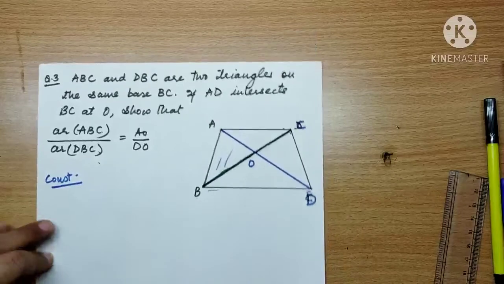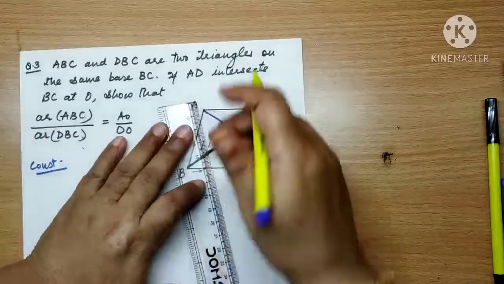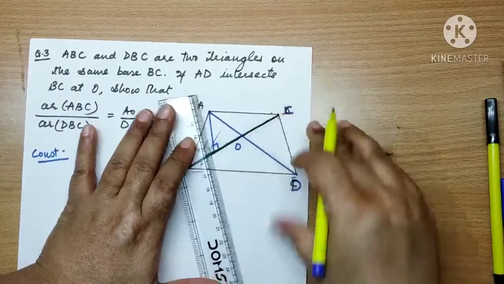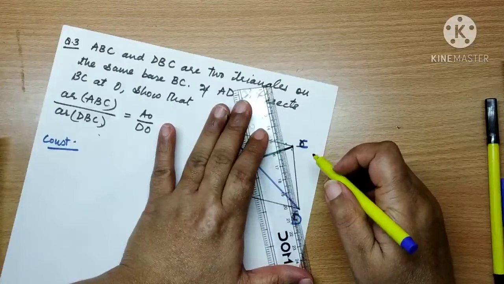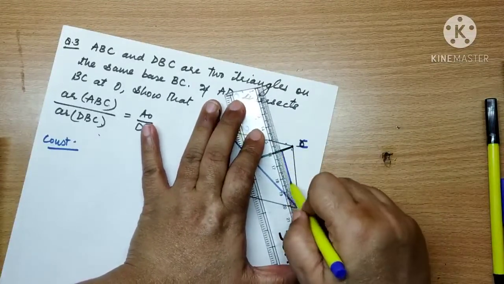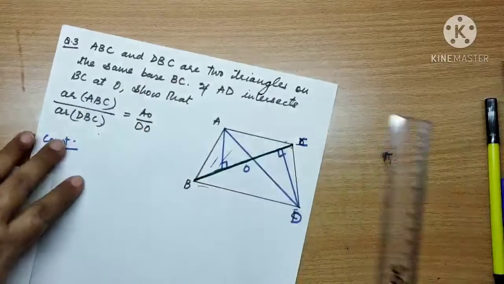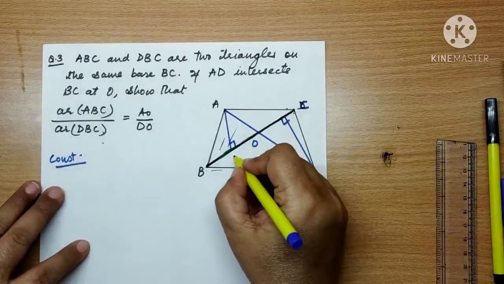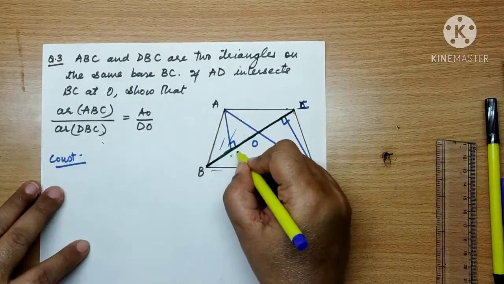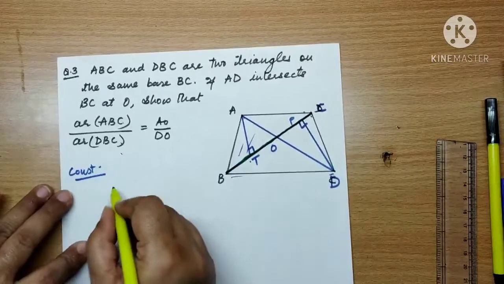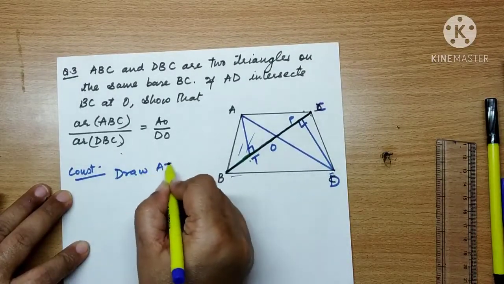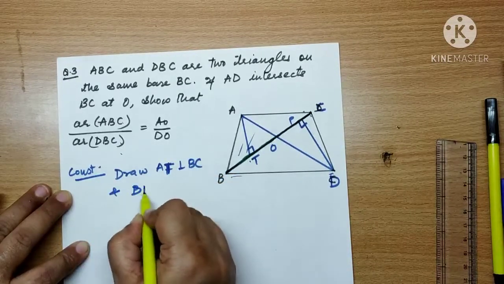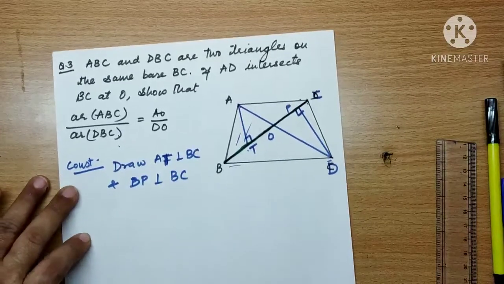So area of a triangle we know is half base into height. So let us drop the altitudes. Because obviously given conditions are not sufficient, I am looking for something. I'll have to construct something. Now what do we construct since we are looking for areas? I know the formula for the area of a triangle is half base into height. So let's drop these two altitudes, AT and DP. Construction: draw AT perpendicular to BC and DP perpendicular to BC. We drop these two altitudes.